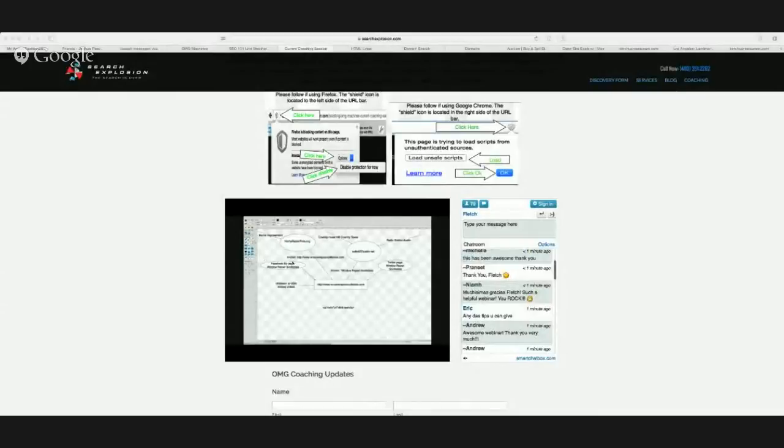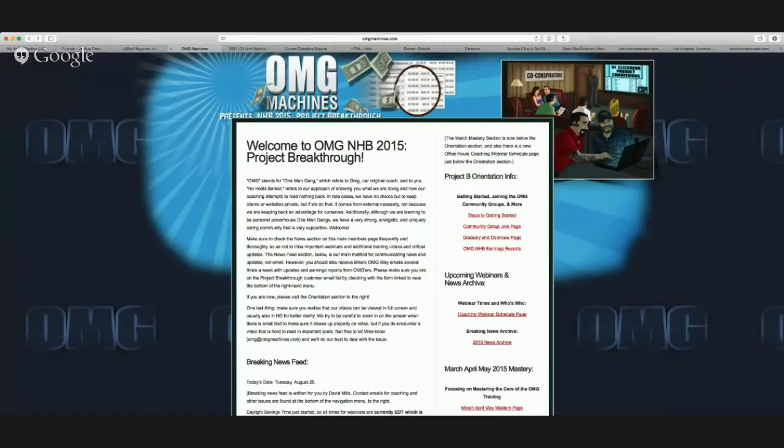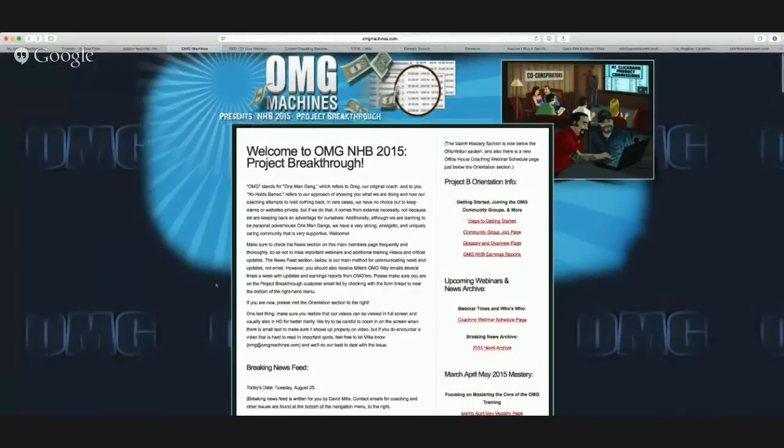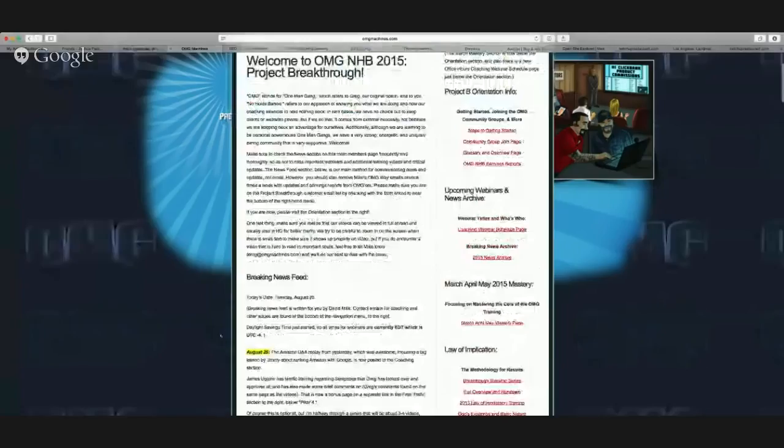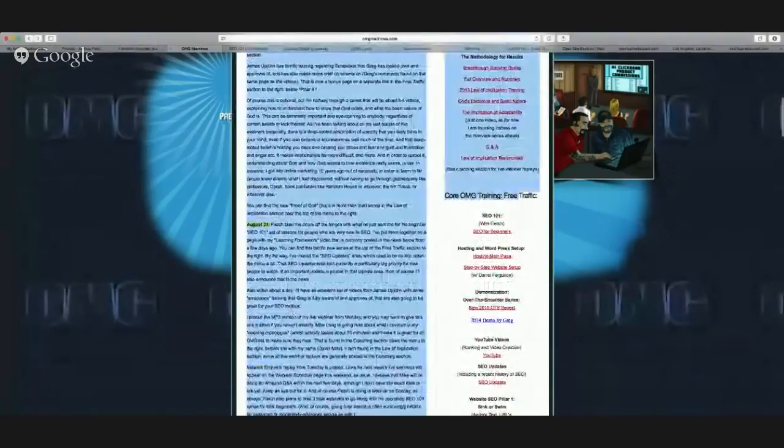Project Breakthrough and Juggernaut look very similar. So this is the core OMG training. Good grief, quit highlighting everything. Under this section here is where you'll find most of your stuff, okay?